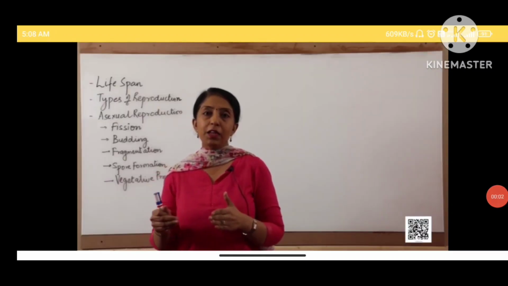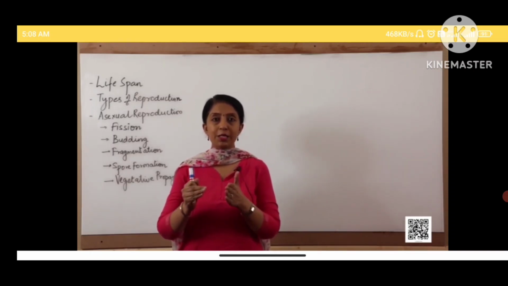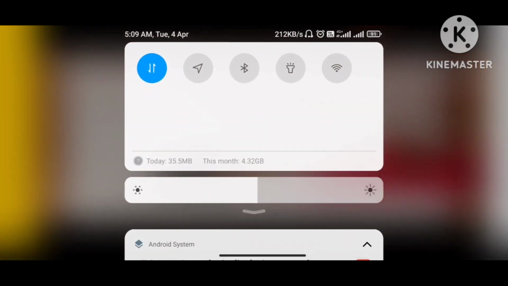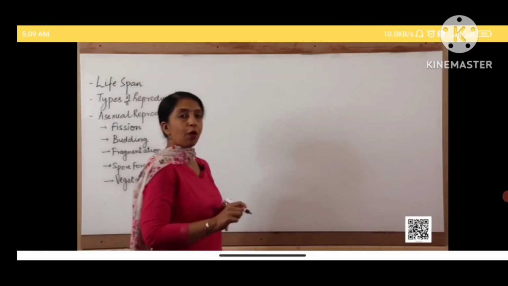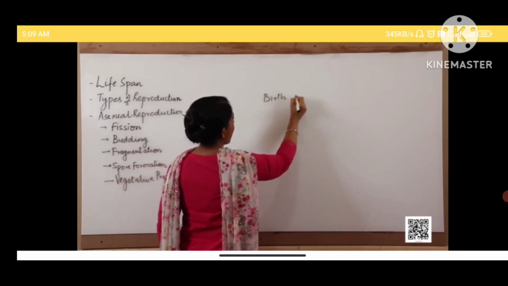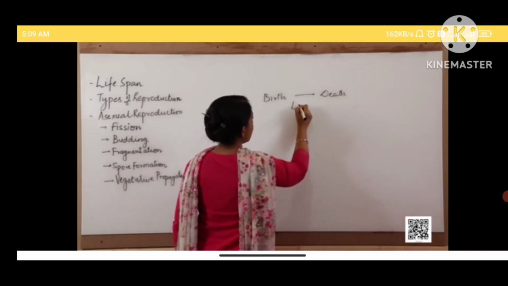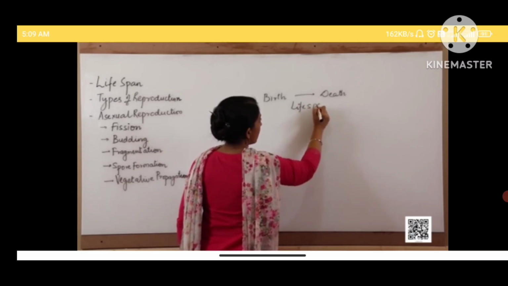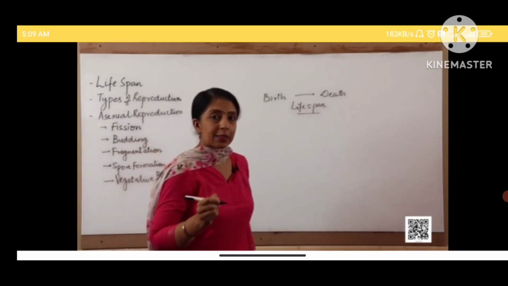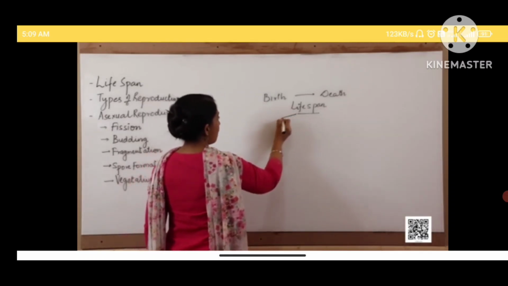Every living thing that is born on the face of earth grows, reproduces, and then dies. This span of life, or the period of life of an organism between birth and final death of the organism, is called the lifespan. The lifespan of any organism can be divided into basically 4 phases, starting naturally from birth.